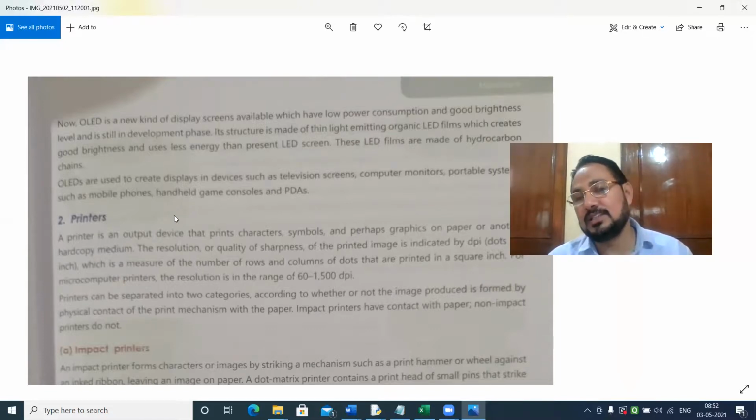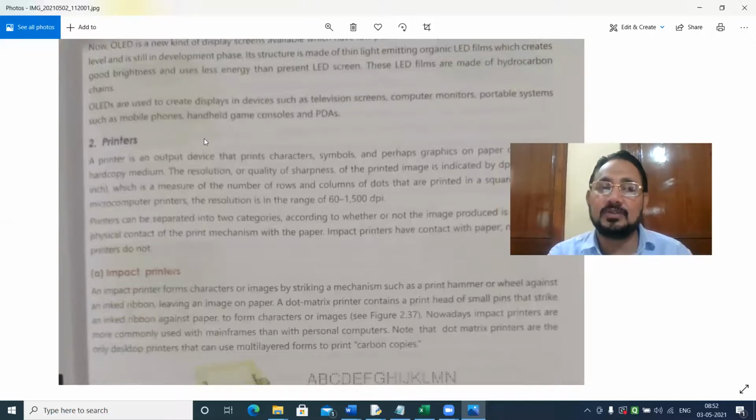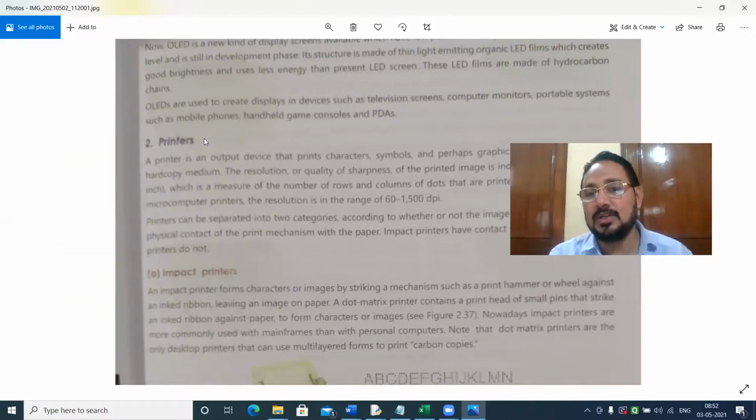You are using LCD, LED, plasma, etc. Its structure is made of thin light emitting organic LED and films which create good brightness and use less energy than LED screens. The LED films are made of hydrocarbon chains. OLEDs are used to create displays in devices such as television screens and computer monitors. Everywhere it will be used, just now not available.